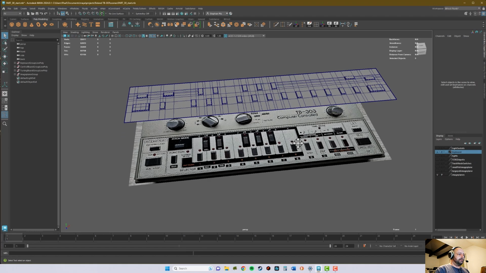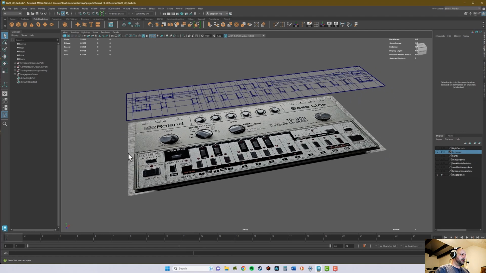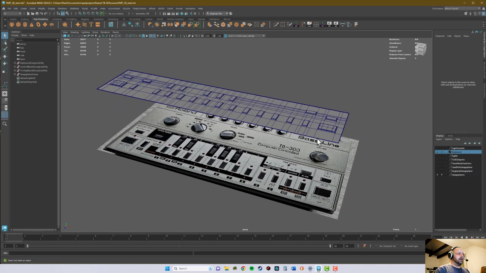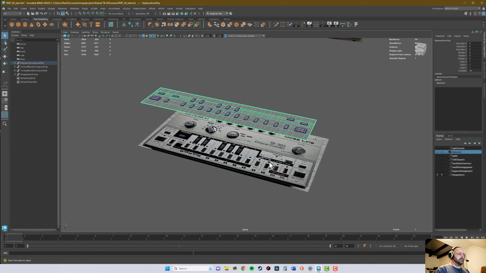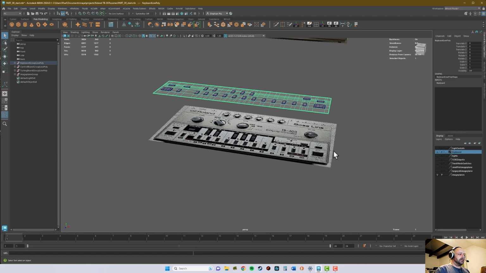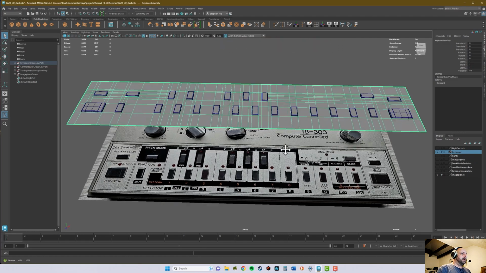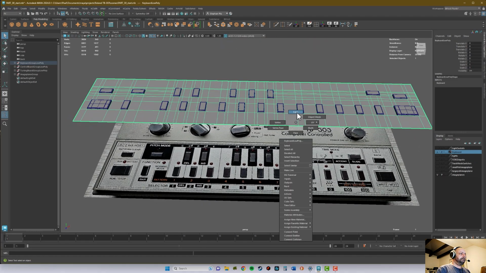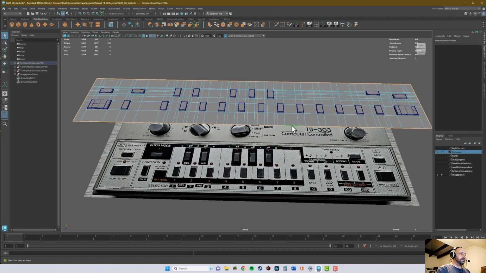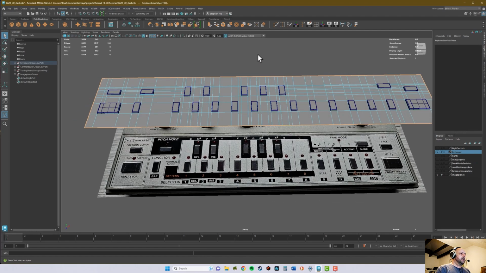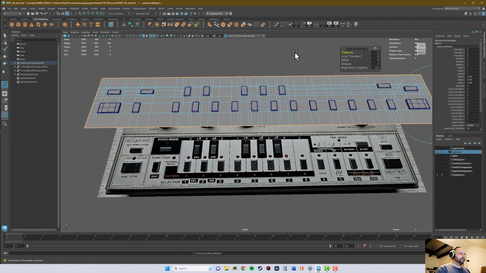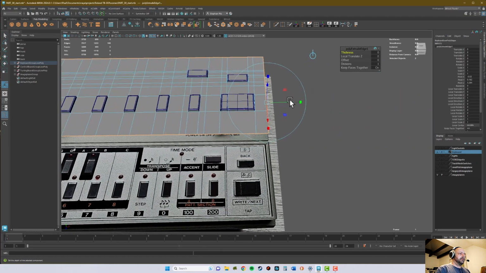So we would start to model that part of that case, main case, and we're taking this geometry here and shift select. Let's just leave the buttons there. Let's go to the edge mode and double click on that border edge. So we do an extrusion. I'm gonna extrude it,